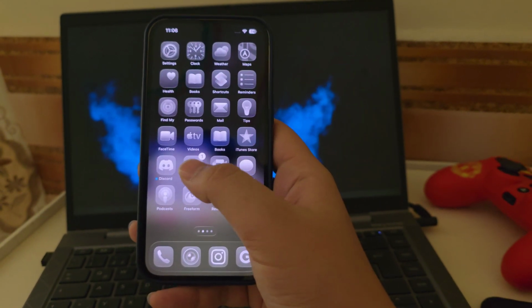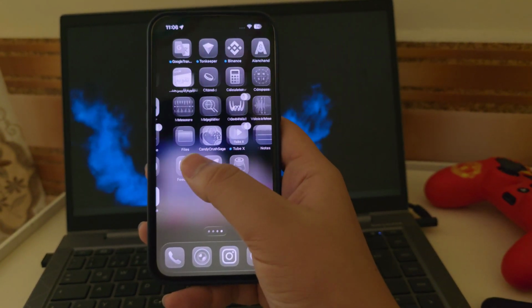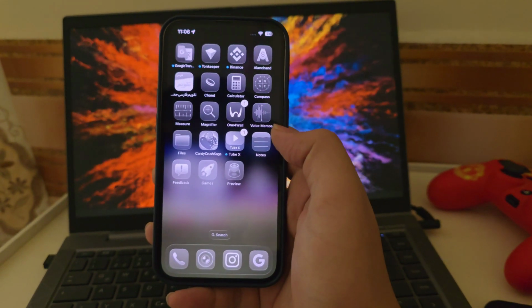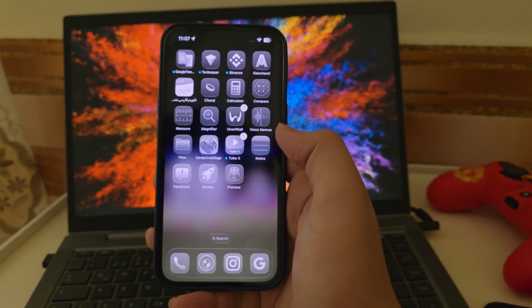Once you're done, just press anywhere or tap Done to save your changes. And that's it. Now you've got a completely clean home screen with no visible icons. It's minimal, modern, and looks